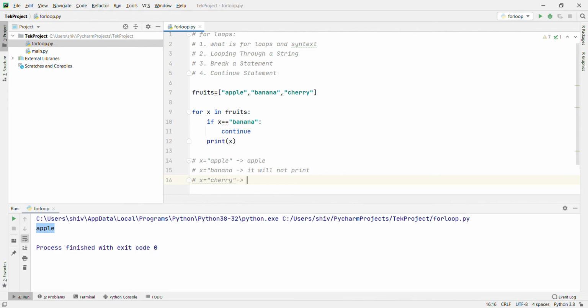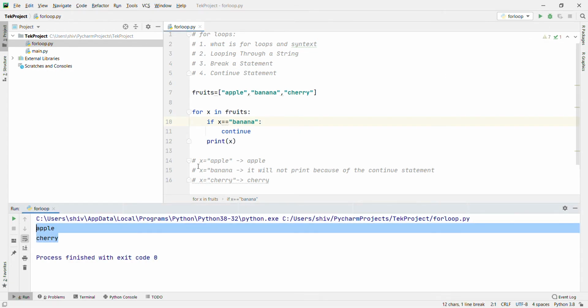Banana is not printed because of the continue statement. Okay, let's run it. Right, apple and cherry, but it will not print banana. Now it's clear.